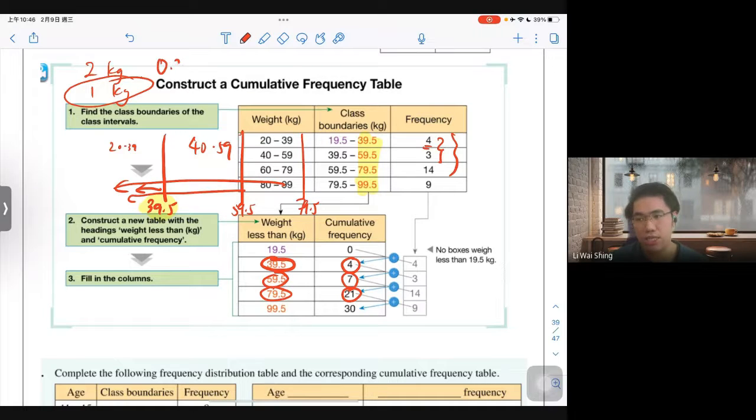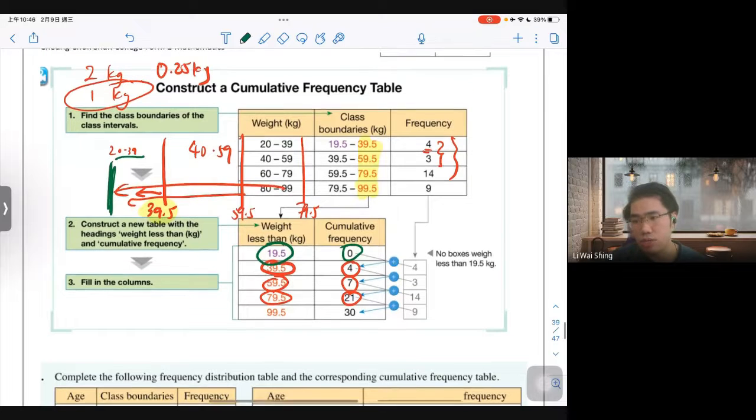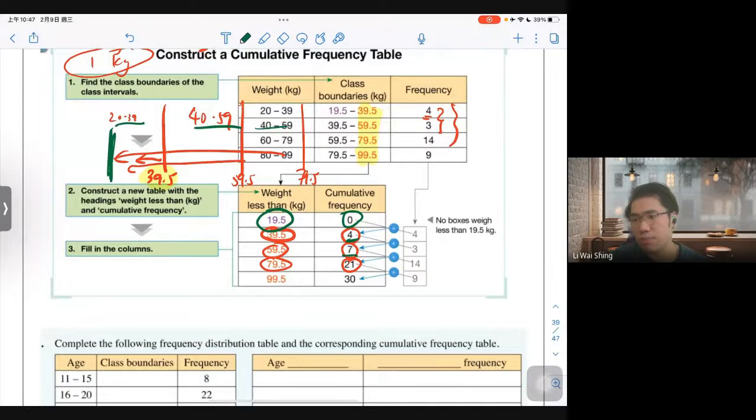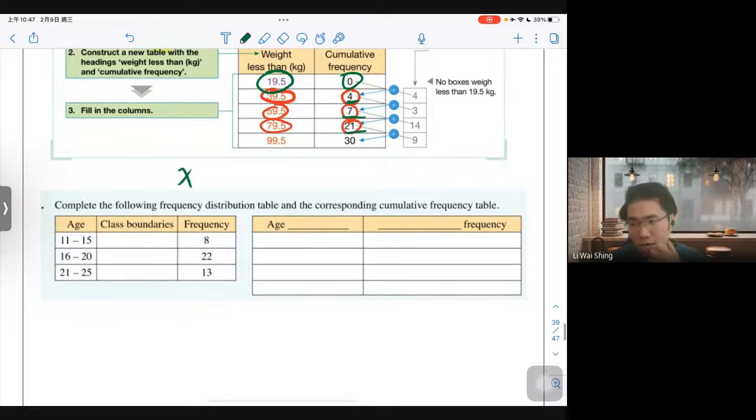Lee 嘅 kg 係0.25 kg 得唔得啊？唔係人嚟嘅。咁所以我哋要 set 翻個 lower bound 俾佢，最少都19.5 kg，而個 cumulative frequency 係0。咁就 fill in the columns 解決到。第一 group 4個，第二 group 夾埋7個，3 group 加埋21個，so on and so forth，最尾 set 翻個 lower bound 俾佢。